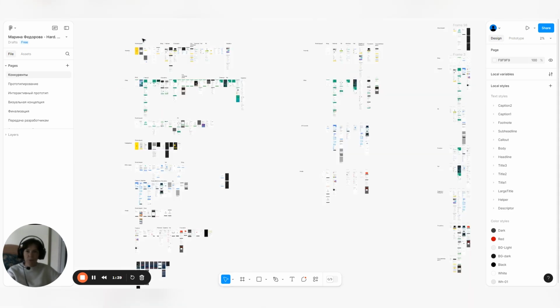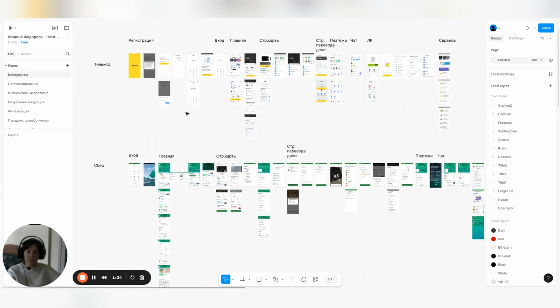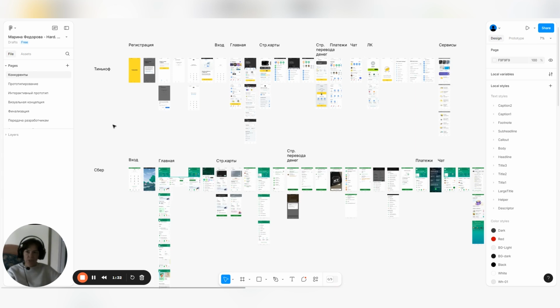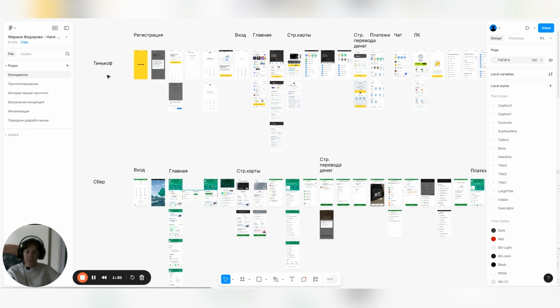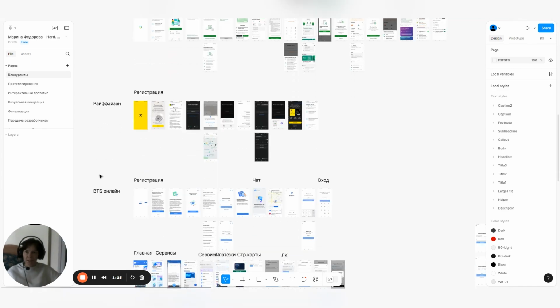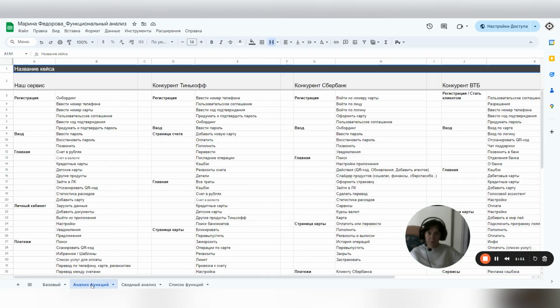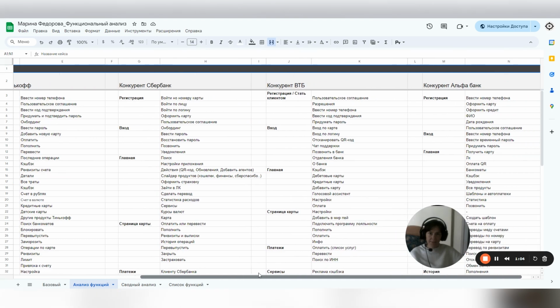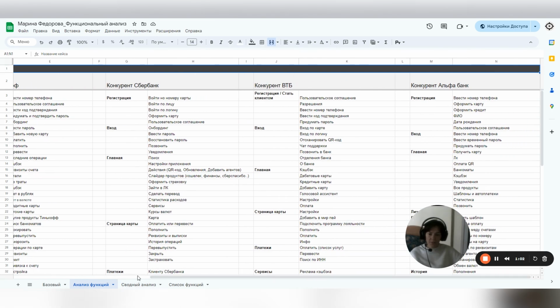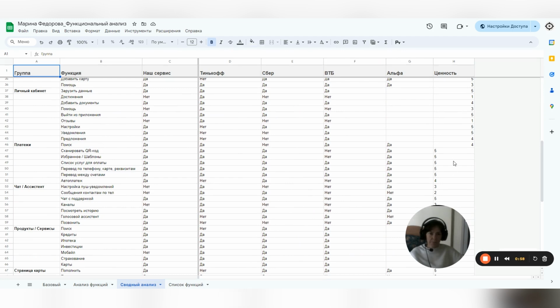My analytic work. There are many competitors in the market of banking services. I analyzed the functions of the mobile apps of Tinkoff Bank, Sberbank, VTB, and Alpha Bank. I wrote down everything in a big table. I rated each function on a 5-point scale and chose a minimal function set for this kind of app.